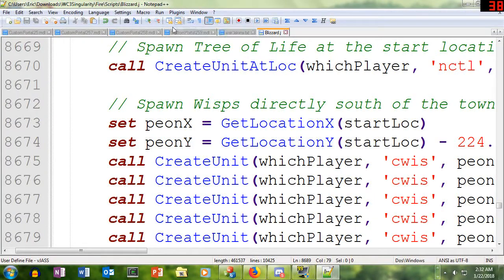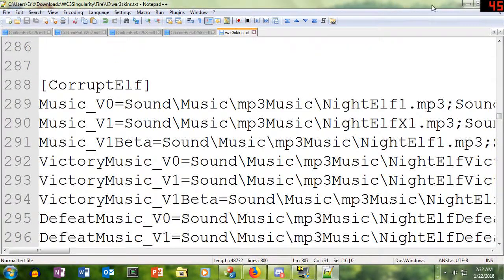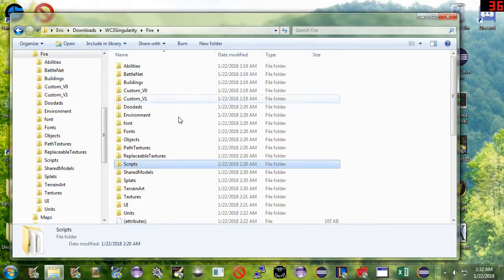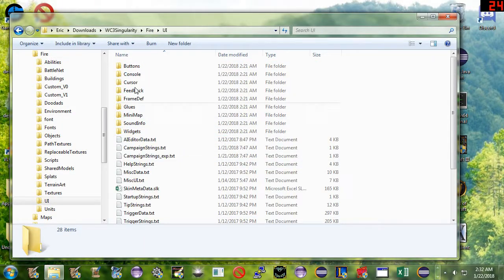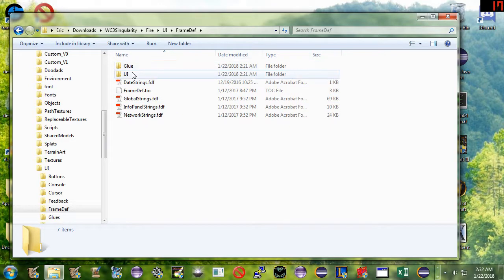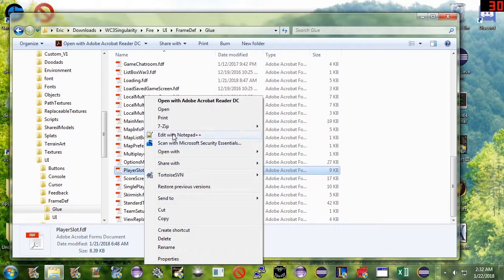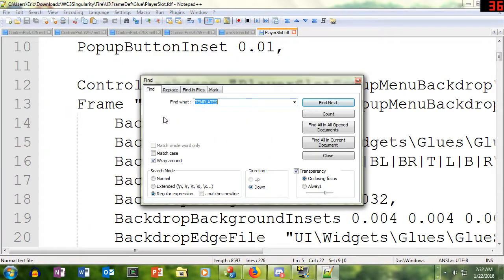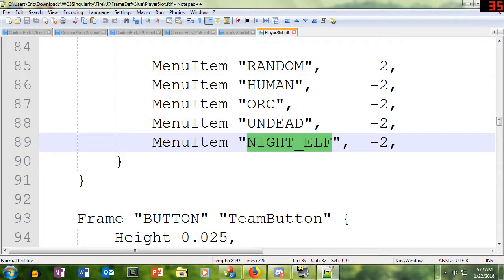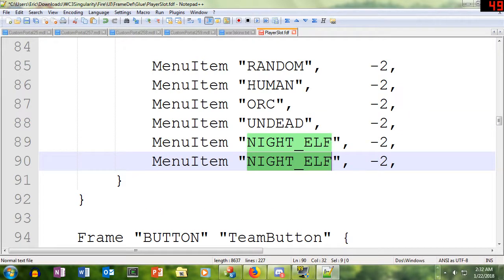So now I've added unit production into this by ordinal 5, but then the question is, how do you choose this custom race? What the heck is ordinal 5? So that's where I'm going to go to frame def in the glue section to player slot. It's the slot that you see on the screen when you're about to start the map. And we're going to go to where it says night elf. Maybe it says night underscore elf. And we're going to copy that, and we're going to say